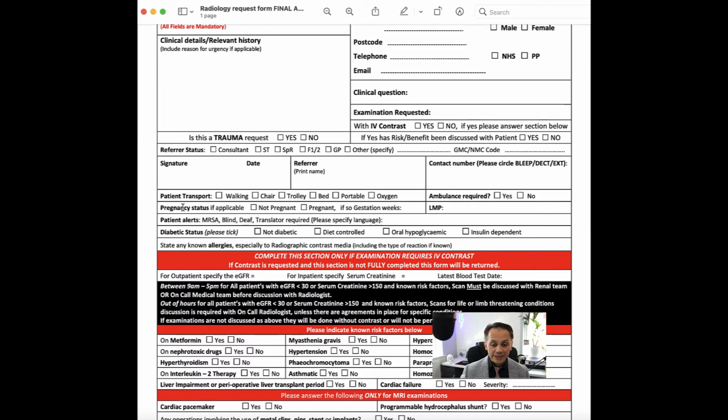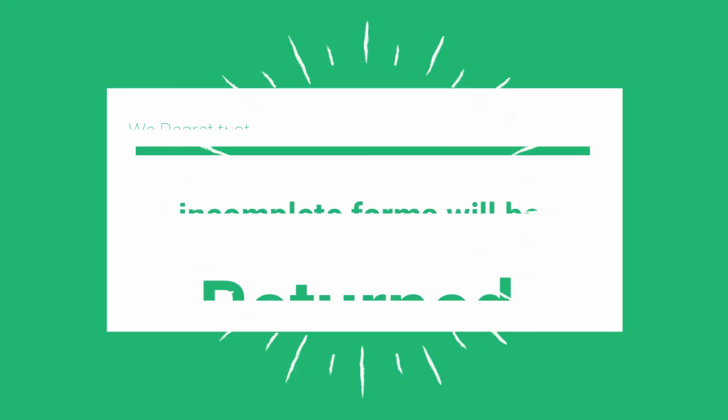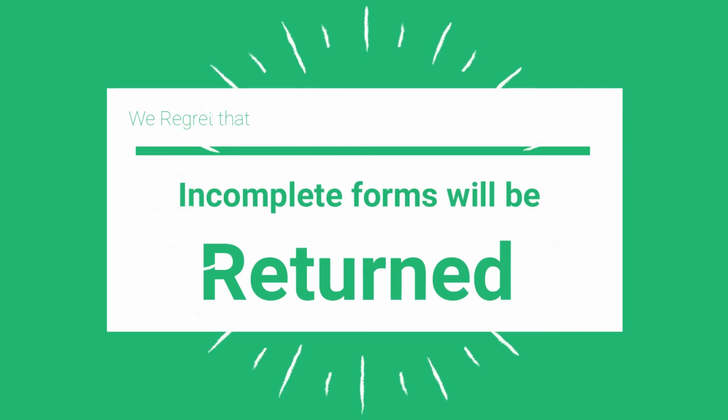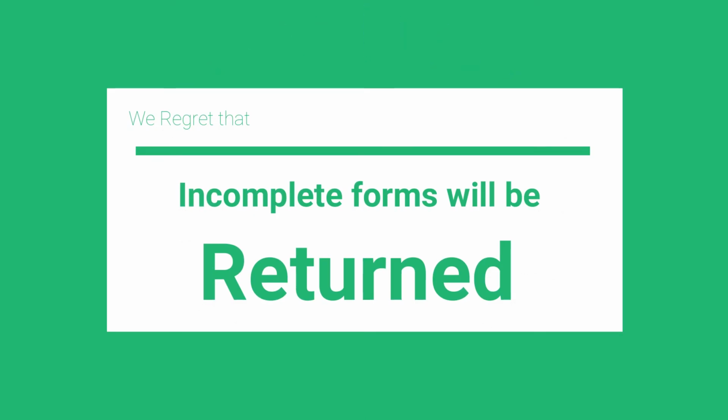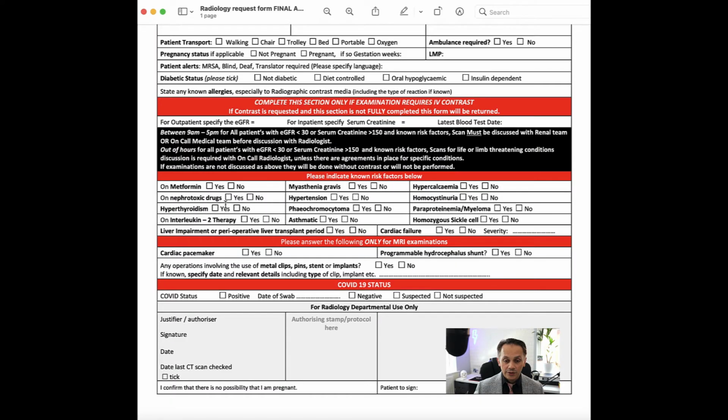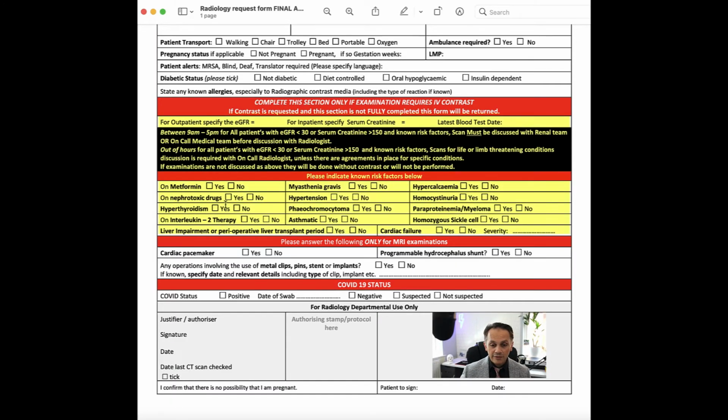tick box needs to be ticked on the radiology form, otherwise it will be considered incomplete and will be returned back. So please take your time to familiarize yourself with the new request form and make sure you're ticking all the boxes to avoid any forms being returned because they are incomplete. Again, this is a very new section that has been added to improve our safety within radiology and the organization, and it became necessary to add this section after we've had 2 incidents in radiology where contrast-induced nephropathy was caused